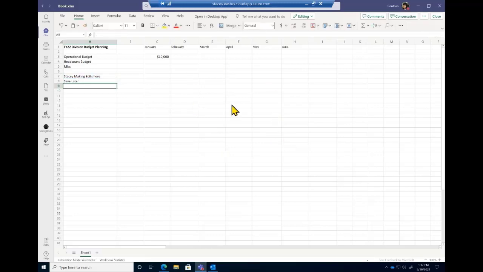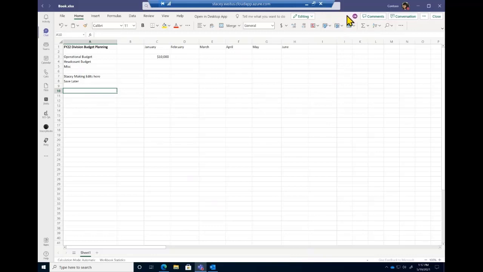And if Deborah is able to come in, one thing you'll notice from the co-authoring is when there are multiple people in a file at the same time, wherever that person is in the file. So if I was in this cell, it's going to lock this particular cell until I finish what I'm working on and move on. Kind of the same thing with a PowerPoint, it would lock a particular slide when someone's editing it, so you can't go over people while they're actually working on that particular piece.